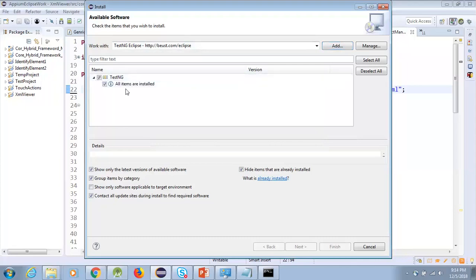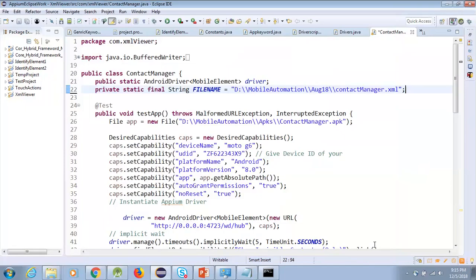Like for me, everything is pretty much installed. So you again need to check this checkbox, press Finish and let it install. After installing, just restart your Eclipse once again so that you have your TestNG and all that stuff in place. After getting your TestNG, the next step here is we need to ensure that we have our